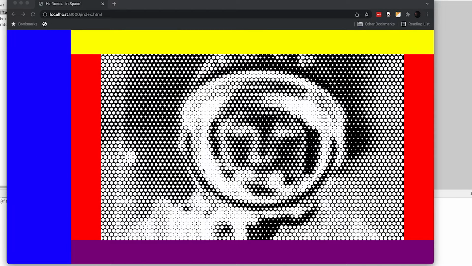our halftone right here. Meanwhile, the halftone is in this red box, this red container, and it's going to keep the aspect ratio, so that's why you can see the sides peeking through here. And on the top, we have a floating header, and on the bottom, we have a floating footer. I'm calling these floating headers and footers just because there are going to be some buttons that are appearing over the white background of the application, and they kind of look like they're floating, so that's why I'm calling them